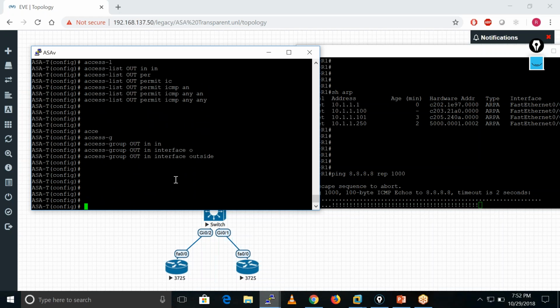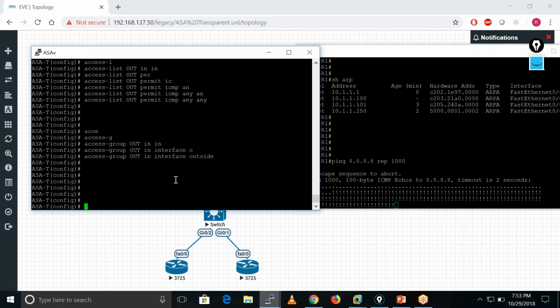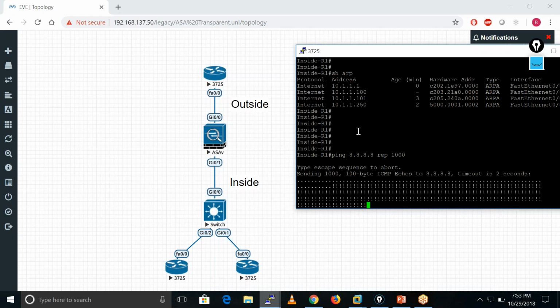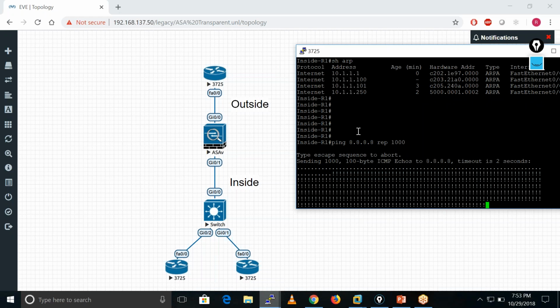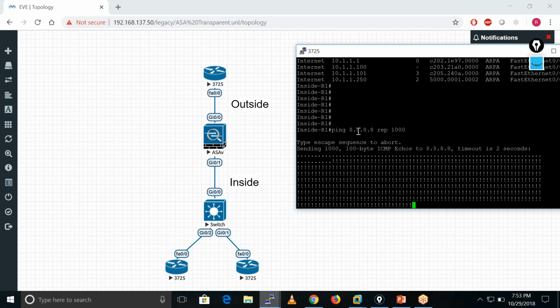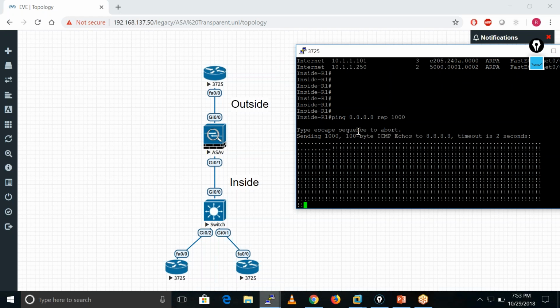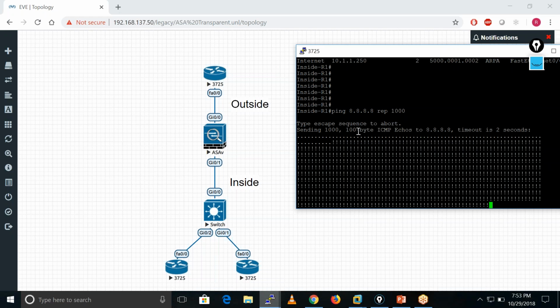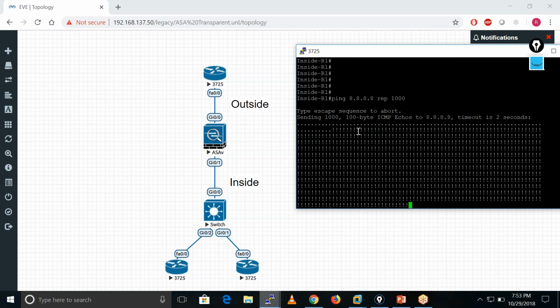See, ping has started working as soon as I have applied this ACL. Okay, so if you are going to allow the ICMP traffic, if you just want to allow that ping traffic, traceroute traffic, for that you need to open one access list. Always remember this thing. Every organization wants that kind of setup, that ICMP must be allowed from in to out and out to in. Same case with the traceroute also. Do you know why we use traceroute? Any idea on that? Why we use ping?